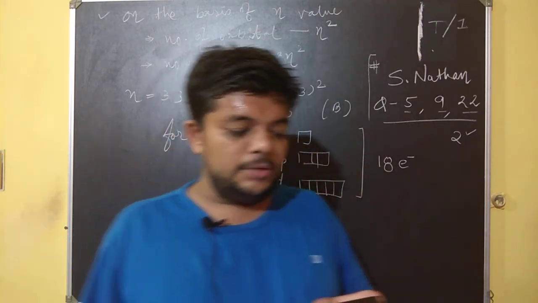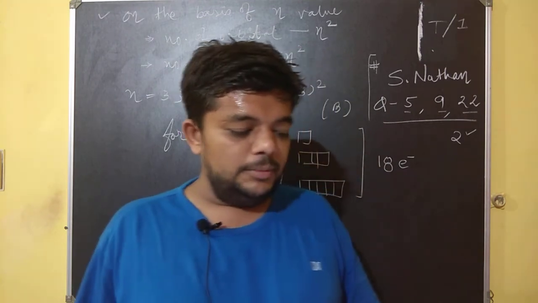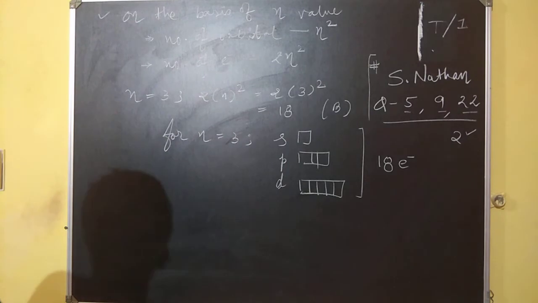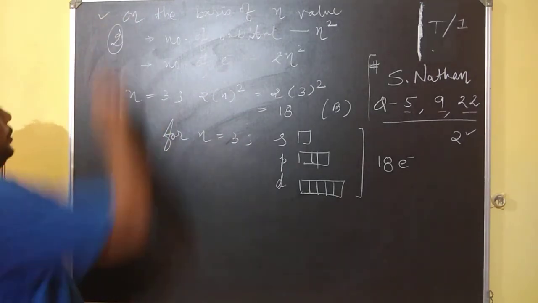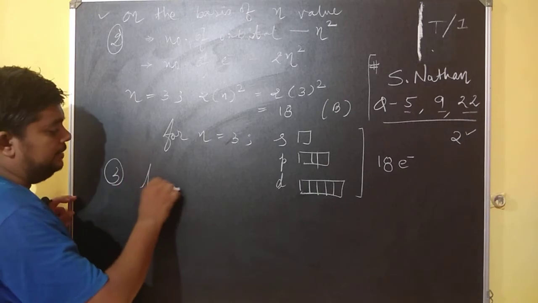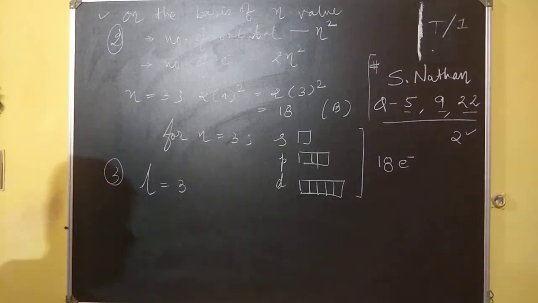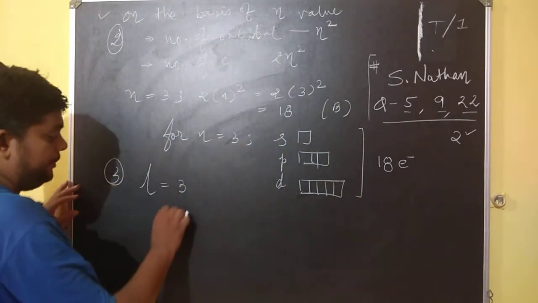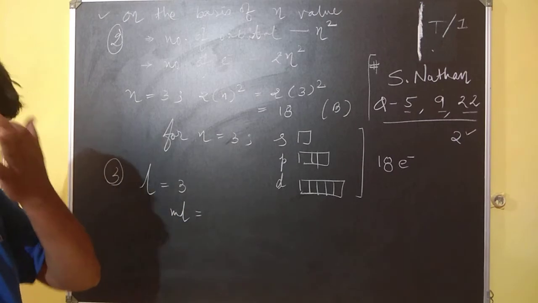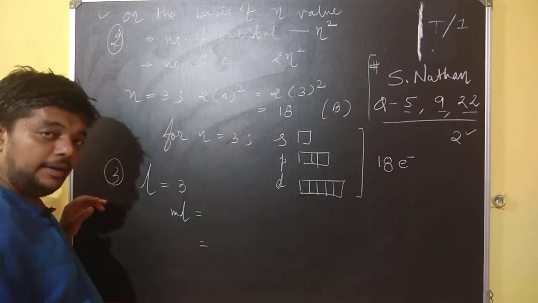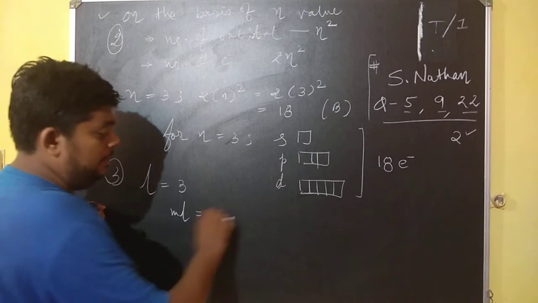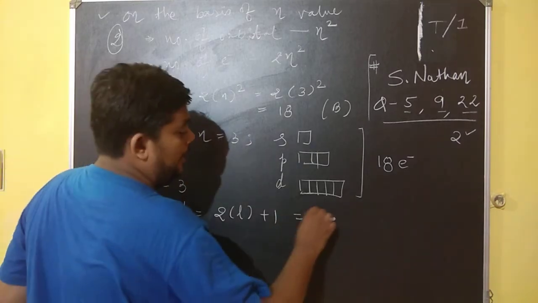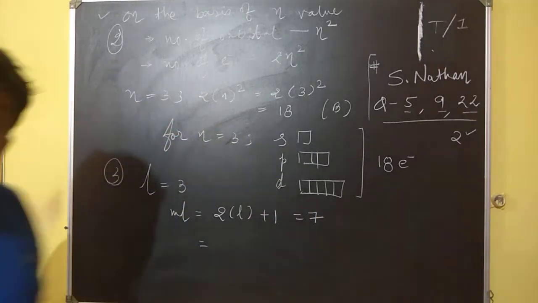Number 3, if angular momentum quantum number L is equal to 3, then the given possible values of magnetic quantum number would be, a very particular question. Question number 3, that for L is equal to 3, it is very clearly stated. If you look into it, L is equal to 3, then ML would be, over here there are two things I can write. What would be the quantity of ML? My formula would be 2L plus 1, and I will put this value, I will get 7 different valued ML, that are orbitals.